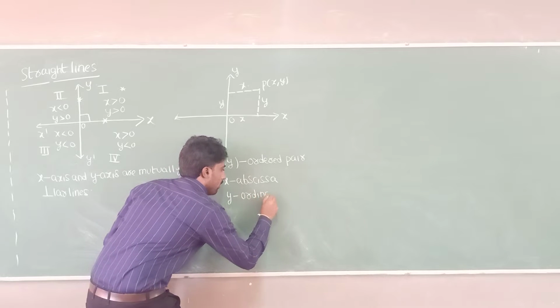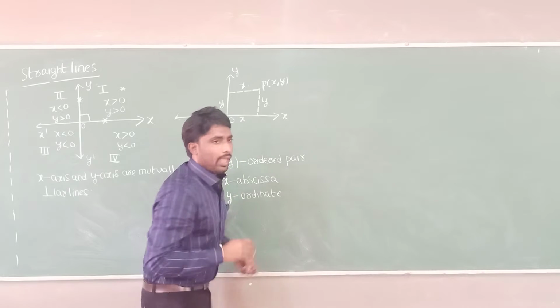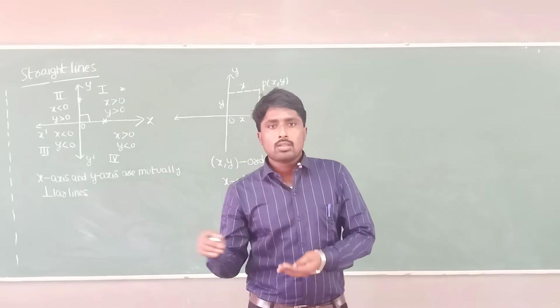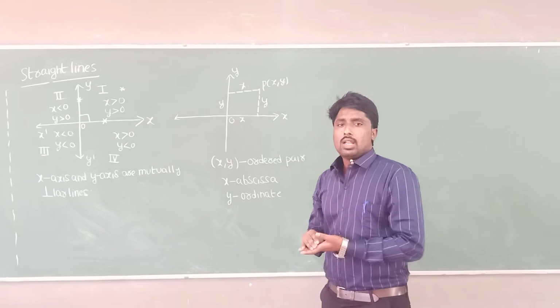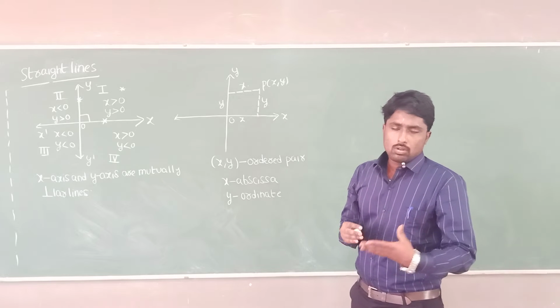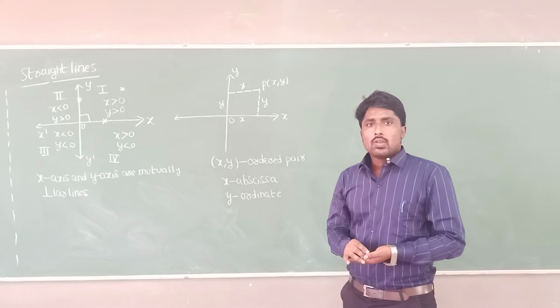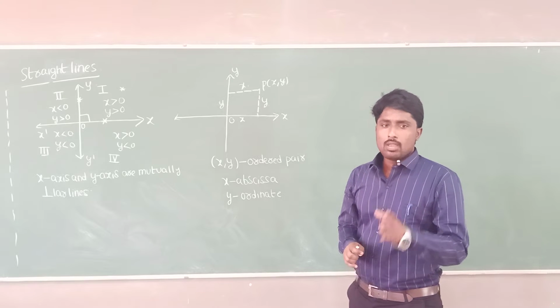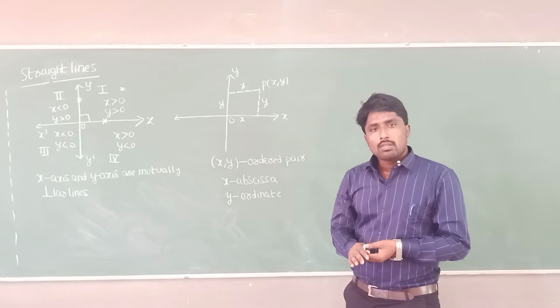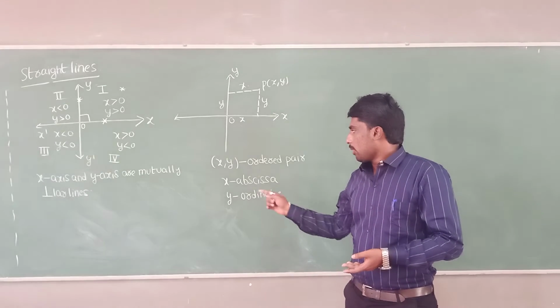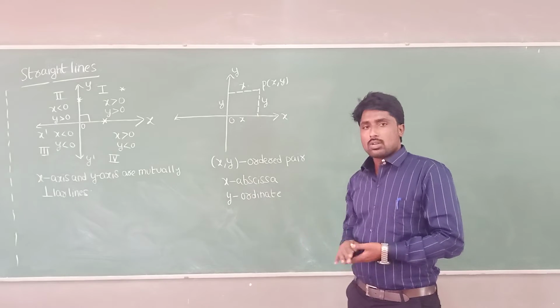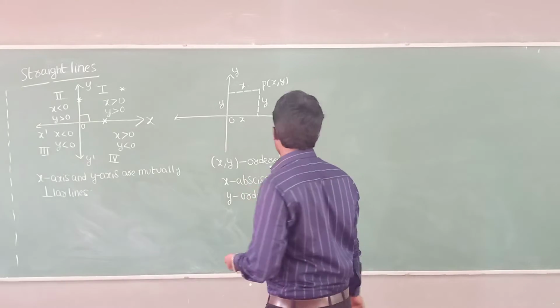Sometimes they won't say the x value is this and the y value is that. They mention in the question something like: ordinate value equal to 3 and abscissa value equal to 4. At that time, the x value is 4 and the y value is 3. You have to remember this using these notations.